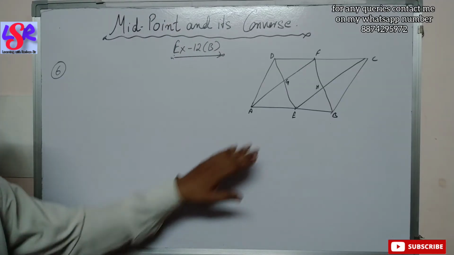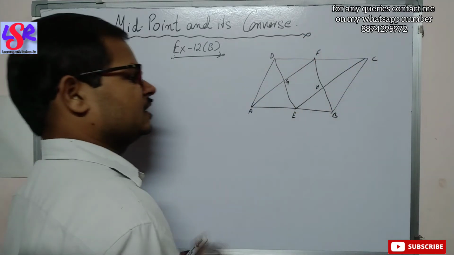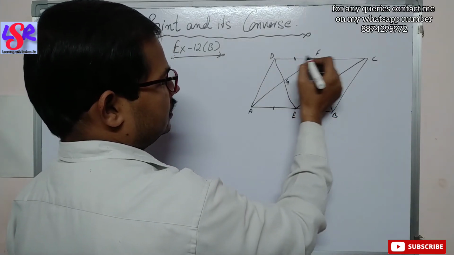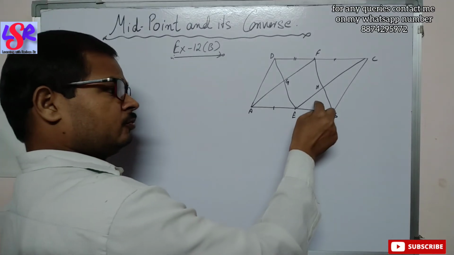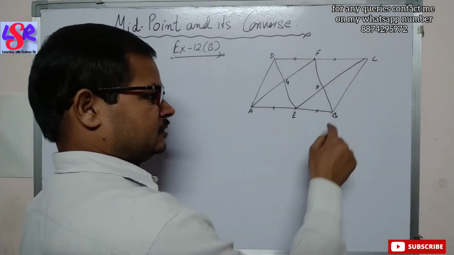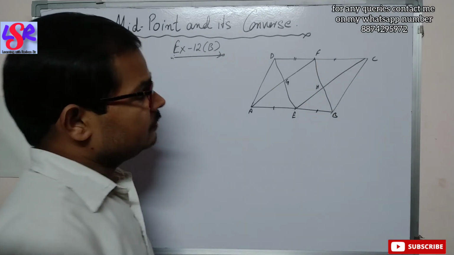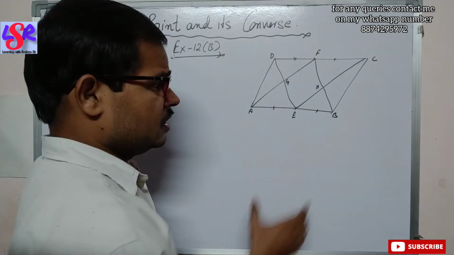Now in question number 6, we have been given with a parallelogram ABCD in which E and F are the midpoints of the respective side. ये इधर का midpoint हो गया और ये इधर से midpoint दिया गया है. Now we have to prove that this triangle is congruent to this one, that is BHE is congruent to triangle FHC. फिर उसके बाद हमें ये प्रूव करना है कि ये जो बीच का फिगर है ये एक पैरेललोग्राम